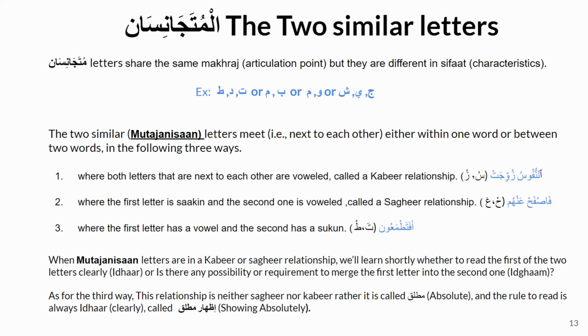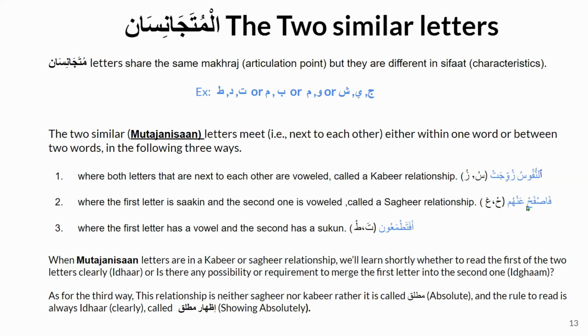So when they appear next to each other, they are considered as mutajaanisaan letters. And since they are vowel, they are in a kabir relationship. And we recite an-nufusu zuwijat. And when mutajaanisaan letters appear next to each other within one word or between two separate words, where the first one is sakin and the second one is mutaharrik, this relationship is saghir relationship, such as in this example,